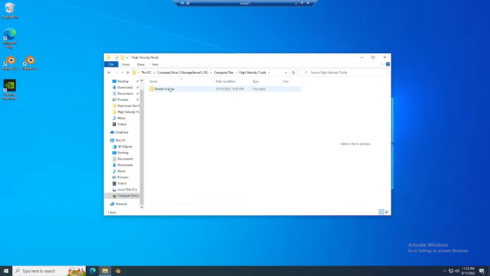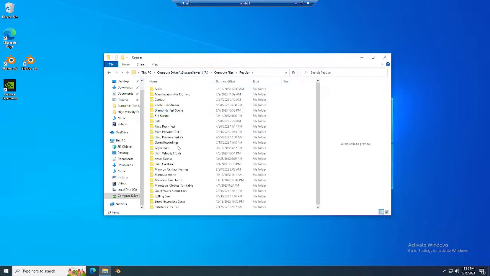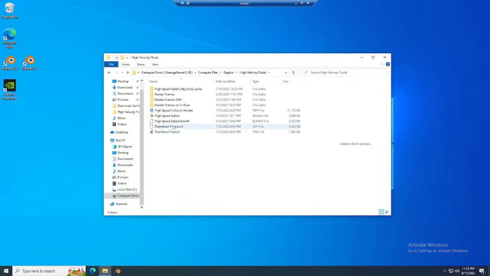We could do this fluids one. No, that's not the actual file. Hold on. High velocity fluids. This is a good one. Let's just start a new folder for example frames, okay? And then this should work fine